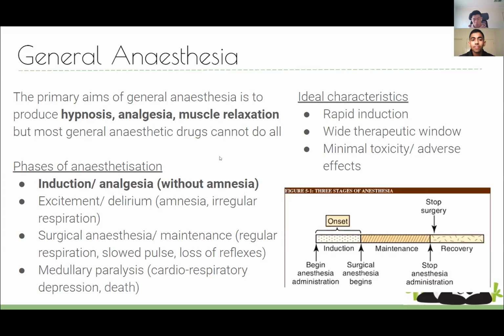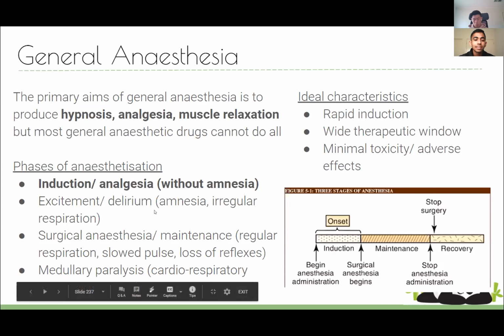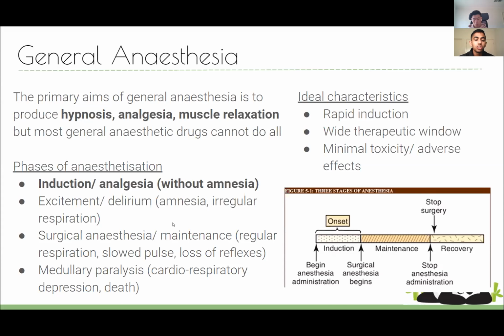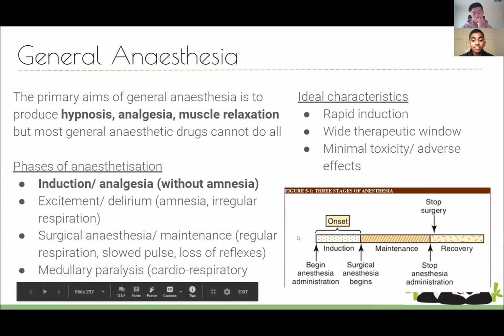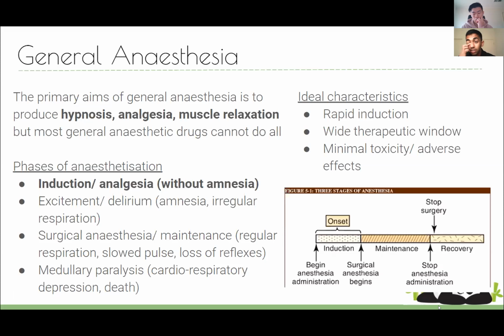There's some phases of anesthesia that you need to know about. So you need to know about induction. So that's when they're getting into the anesthetic phase. Then excitement, so they're getting this irregular breathing. They're starting to get some amnesia. Then you've got your surgical anesthesia, so they've lost their respiration. You're respirating on their behalf. So that's why they have the breathing mask and things like that. And they don't have any reflexes. And usually at the end of a surgery, they'll stop the anesthesia and they'll recover. But if they don't stop the anesthesia, eventually they'll get cardiorespiratory depression